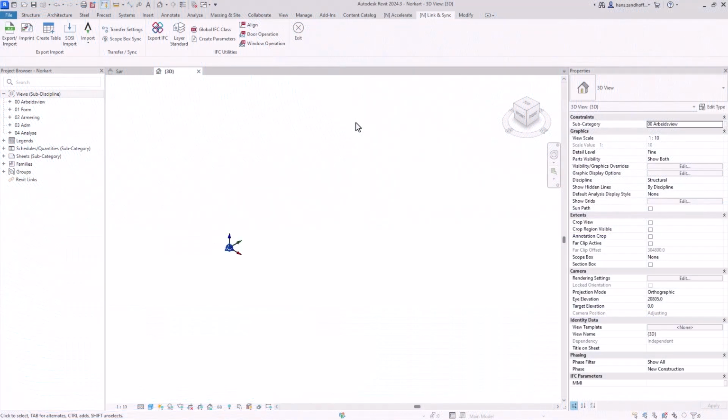In this release of Naviate Accelerate, you can go to Naviate Link and Sync, Export Import, and import Norkart data. So this is only available in the Norwegian region. And here you can import the map file, and you can also download map data. So if I go to download,